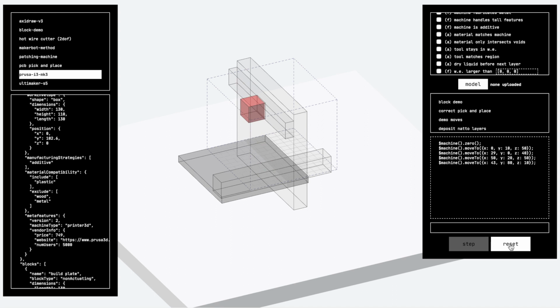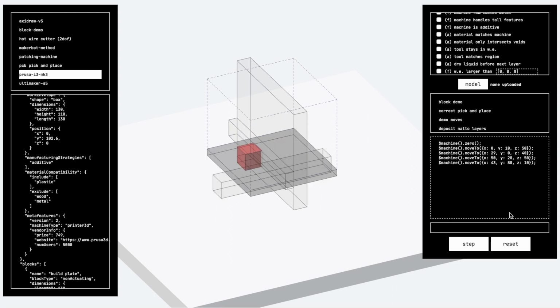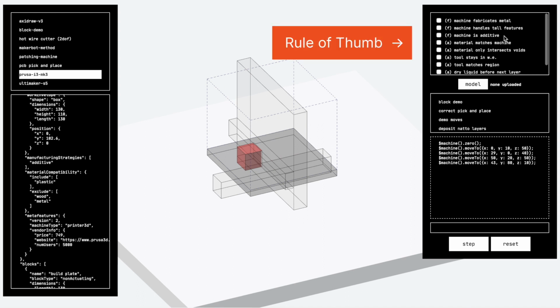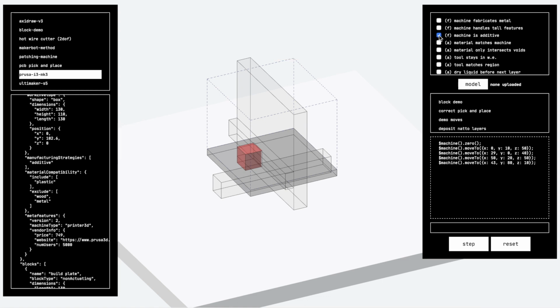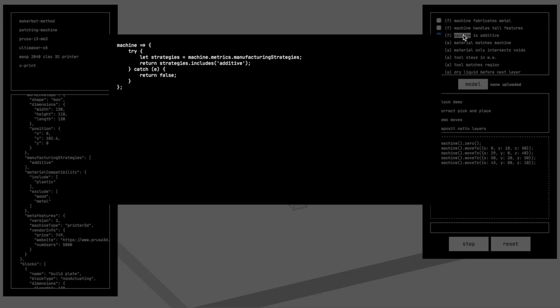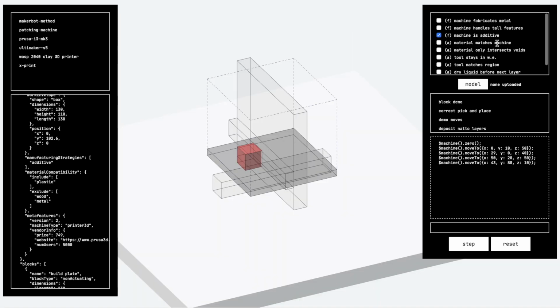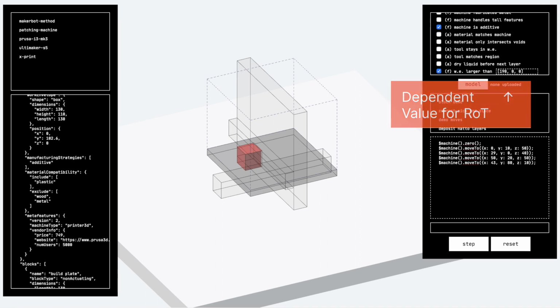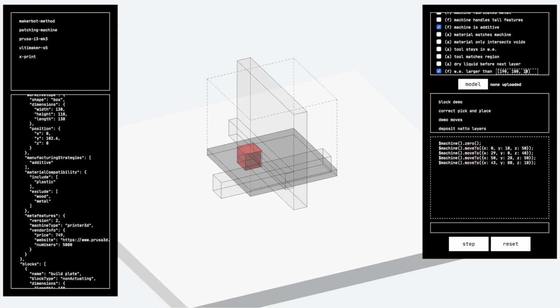In addition to machine plans and workflows, we also have rules of thumb, which are modular, user-defined checks that we'd like to enforce about machine usage. One type of rule of thumb is called filtering rule of thumb, which filters the list of machine plans according to a desired condition. The rule of thumb, called work envelope is larger than blank, takes a value and returns only machines with work envelopes larger than the given width, height, and length.